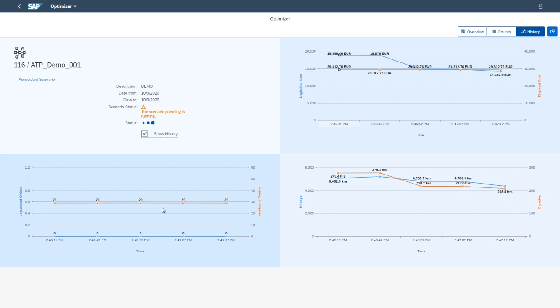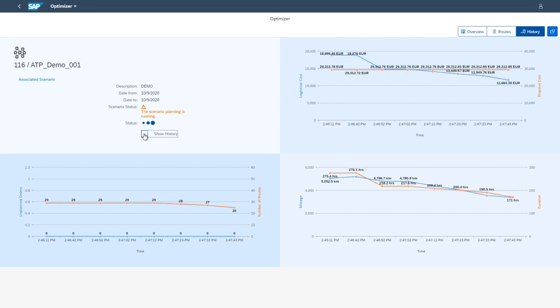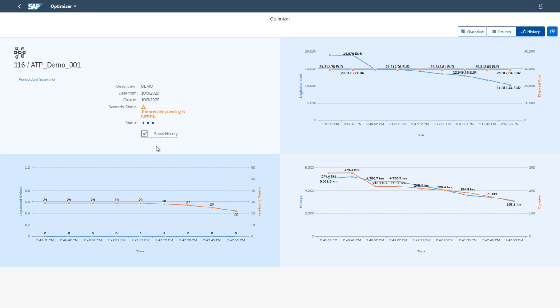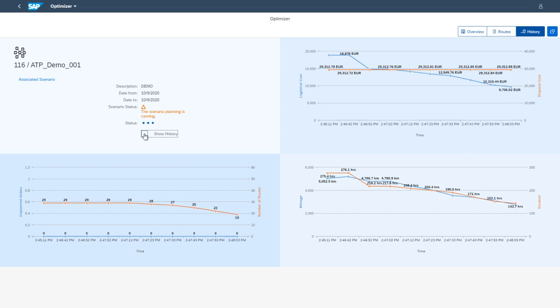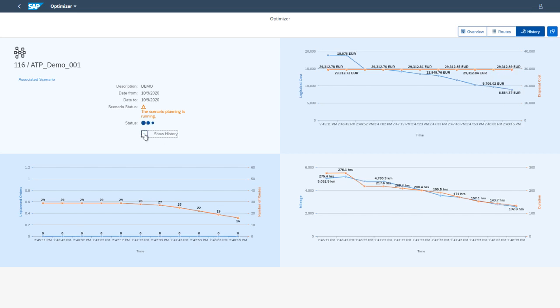We currently still need 29 routes to dispose all these orders, and if we refresh that page, you see a change. We are now down to 25 routes here, and if we refresh again, then we are at 22 routes, and now we are going down also with the costs and improving step by step the solution, and there we are at 19 routes, and you see it's just improving more and more.